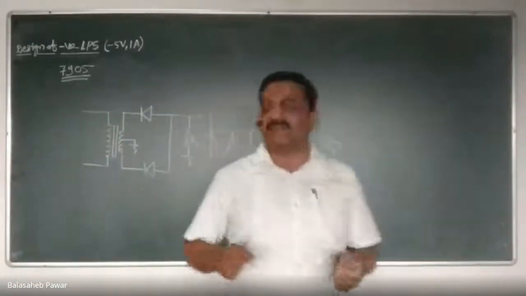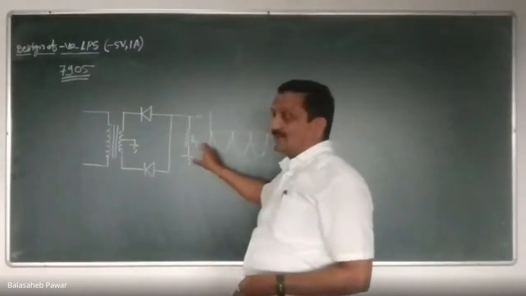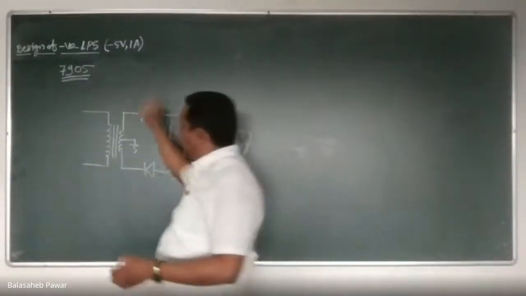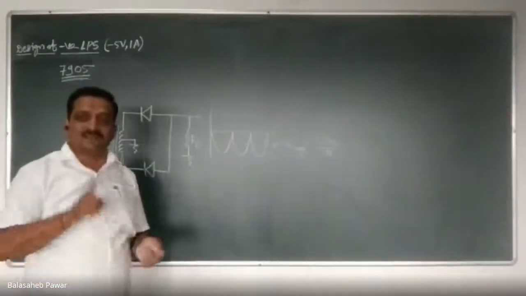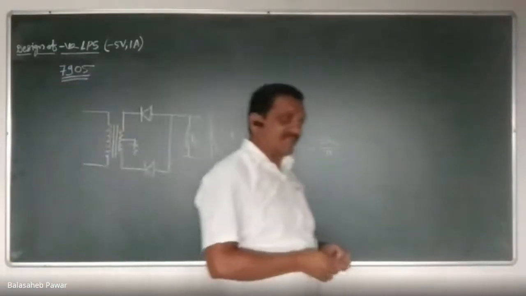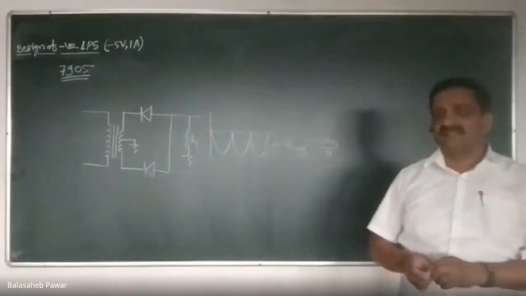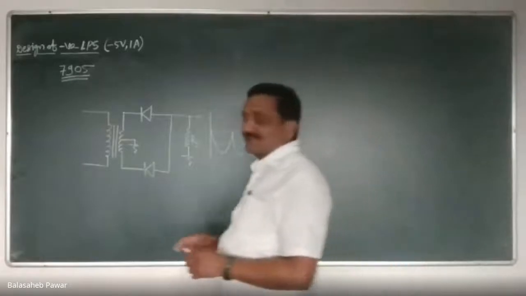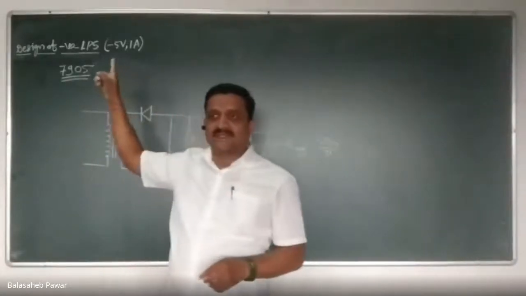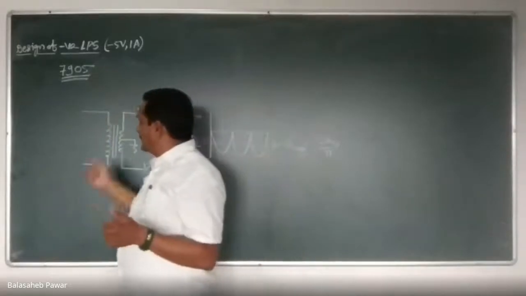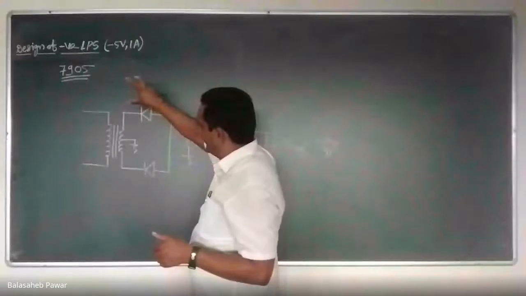And such a negative output of that rectifier you can apply, or you have to apply, as an input to this 79, because the first requirement of 79 is what? Its input should be negative. Remember, then and then it can produce the rated regulated negative output. That means in this case, for 7905, if we require the output as minus 5 volt, the first thing is what? You have to apply input to that 7905 regulator as negative.